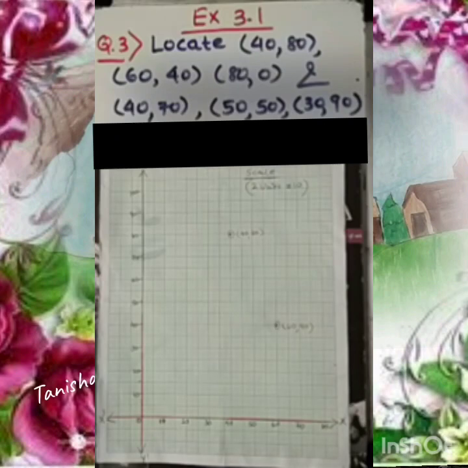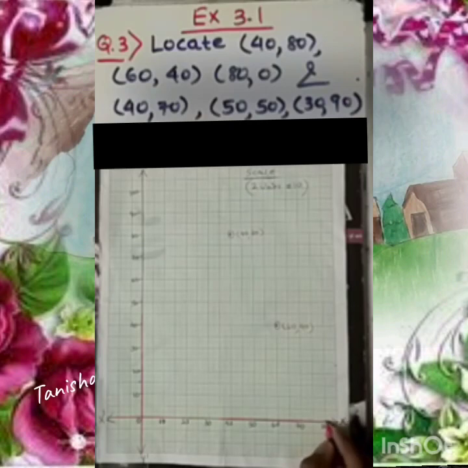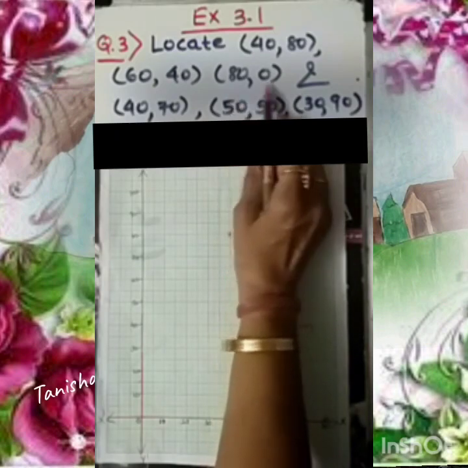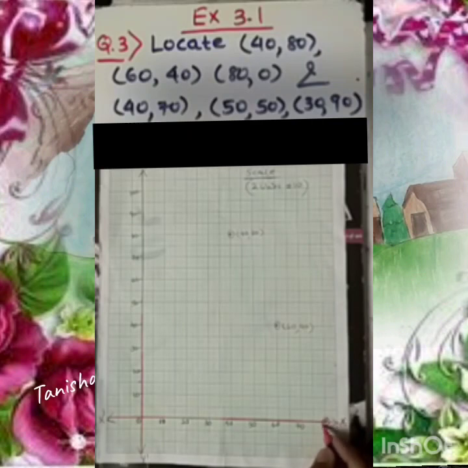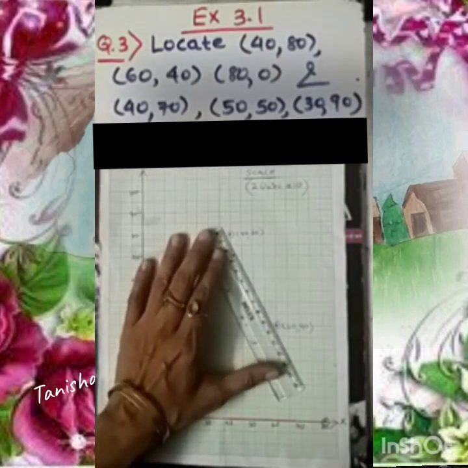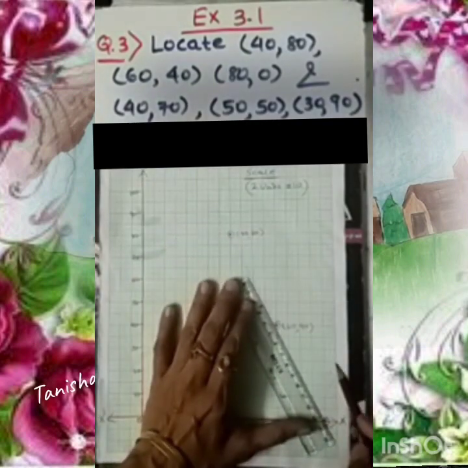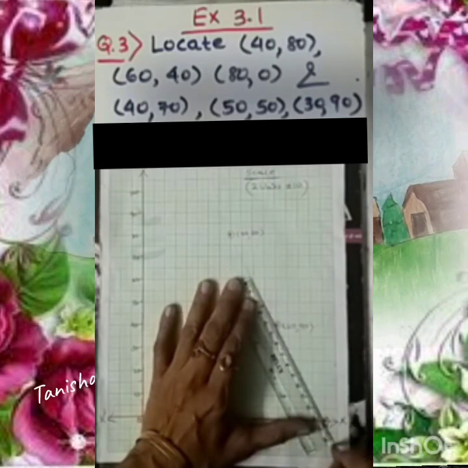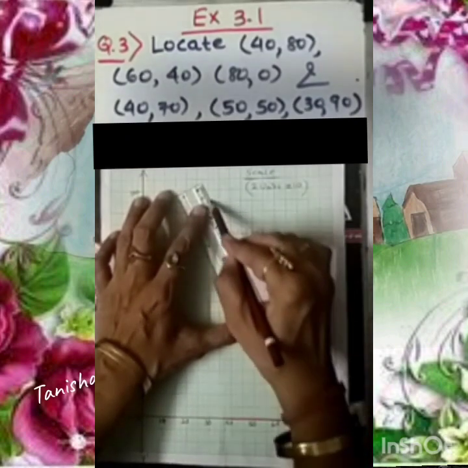Fine. Now the third is 80 comma 0. 80 is here and 0 will lie on x-axis. Whenever any of the coordinates is 0, then it must lie on the axis. So here it lies on the x-axis. So let's join these 3 points. Okay, if we join these 3 points, I am joining and extending the line here. Okay, it's compulsory to extend the line. When we extend the line, we'll be able to see easily.